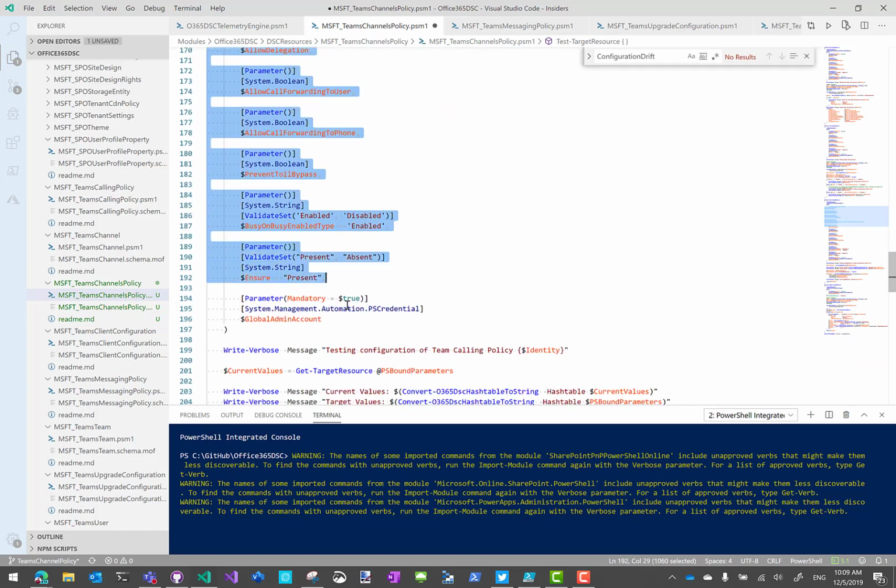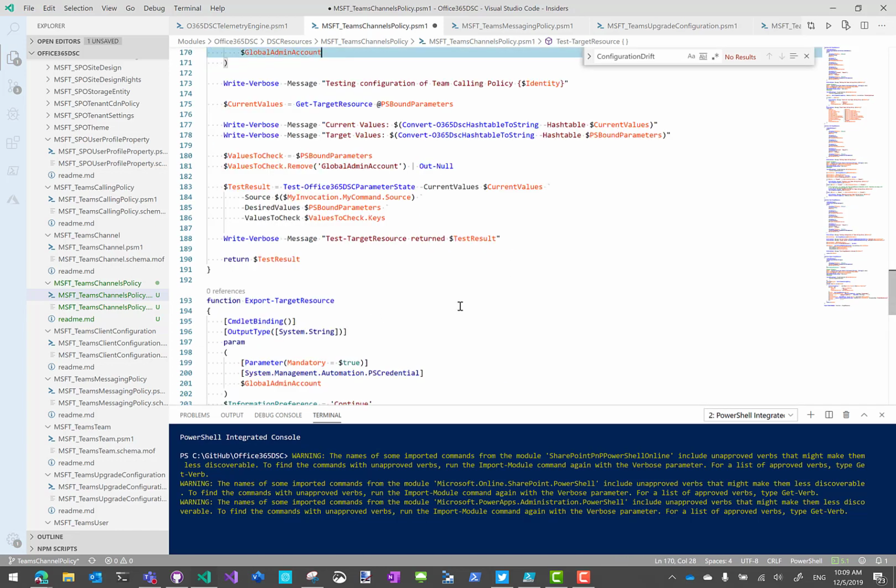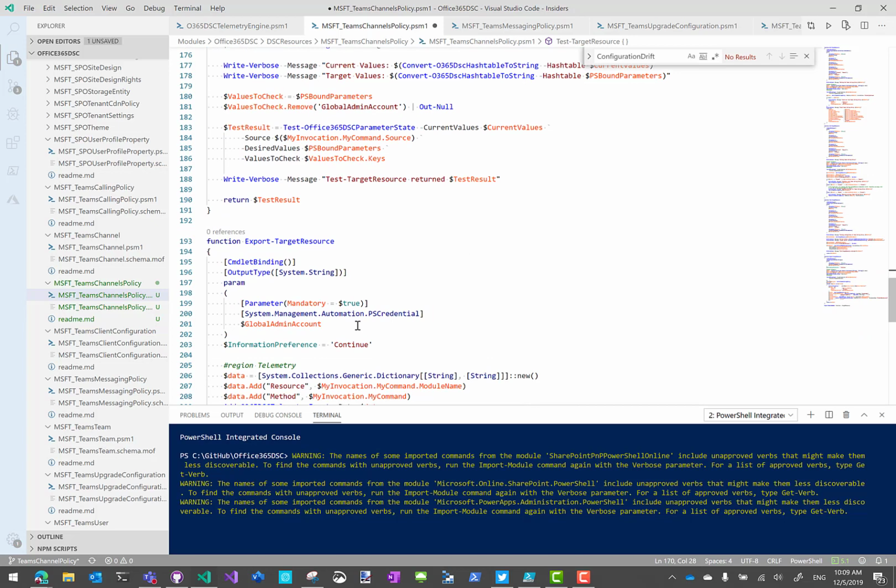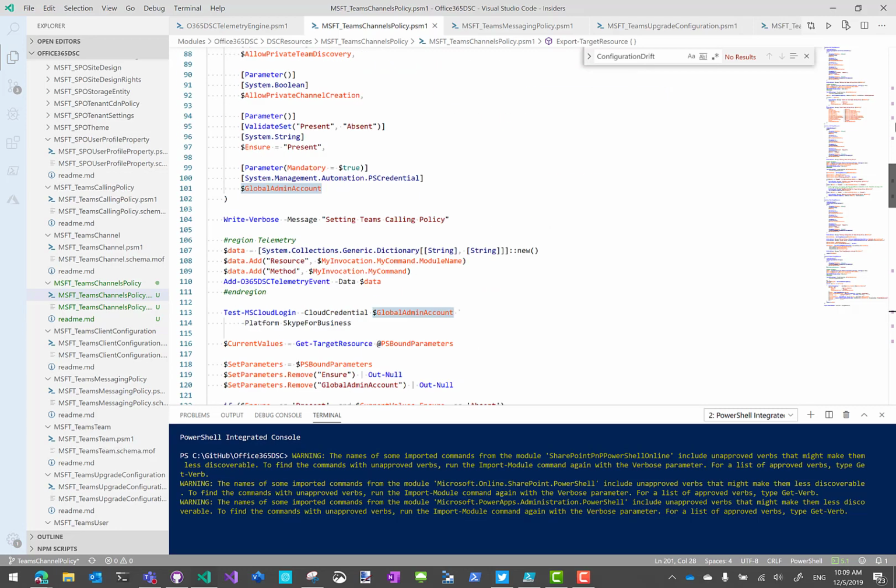The 4th method, if you remember correctly, is export target resource. That one should always ever take one parameter, and that is the global admin account. That's it. It doesn't need anything else. Okay, so now that all of our methods have been updated, what we're going to be doing is we're going